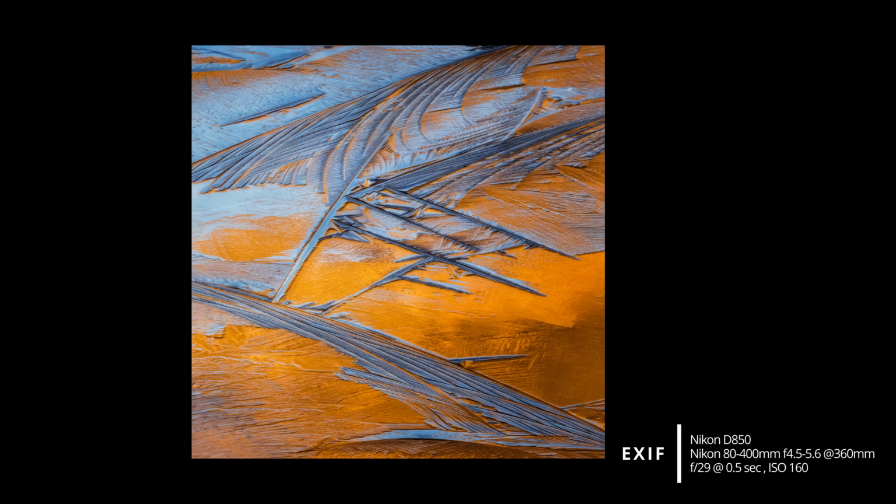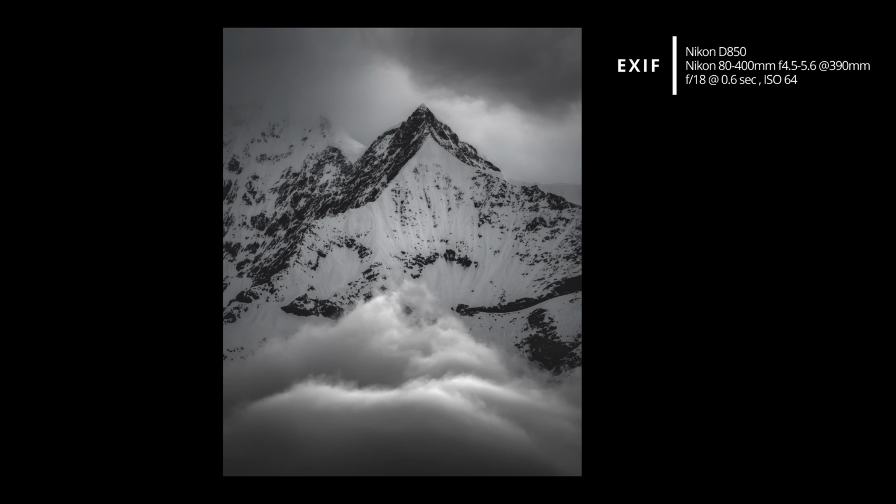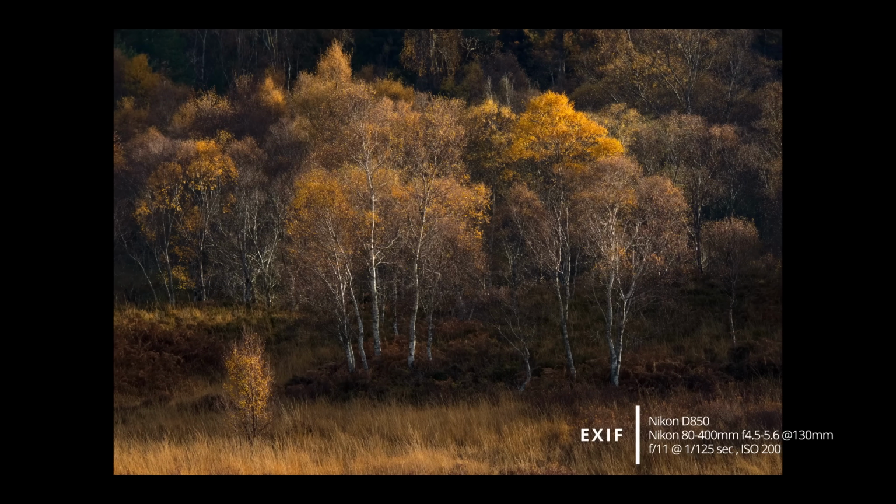The reason I love the longer focal length so much is that it's actually very, very easy to shoot with a long lens. You're eliminating things in abundance. You can zone in on small details. You can photograph things that are far away by zooming in on them, of course. And that wide focal length, I guess the other equivalent would be something like 100 to 400, that type of ballpark. Anything that's going to get you out there in terms of those longer focal lengths is an incredible way